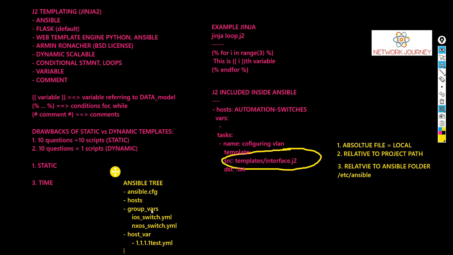And you can have your templates, where you will place all your J2 templates. You can place your data models either in a new folder. You can call it something like data models, and you can keep placing them there.